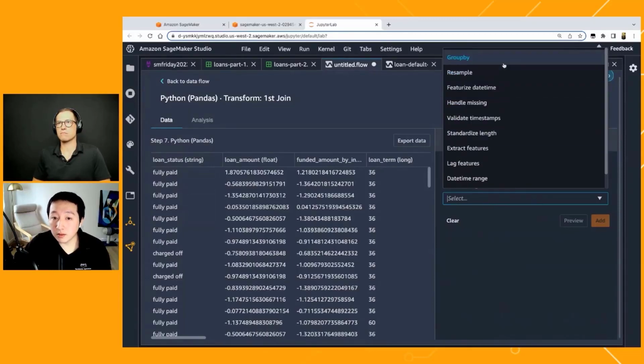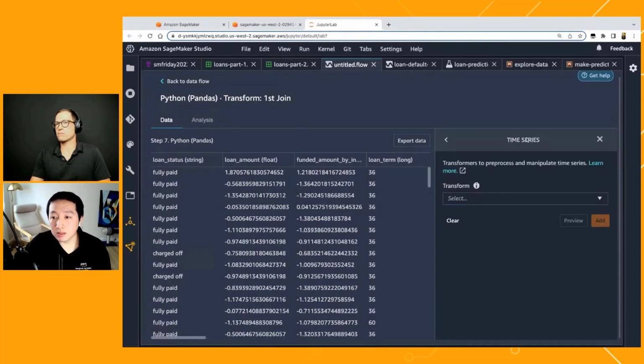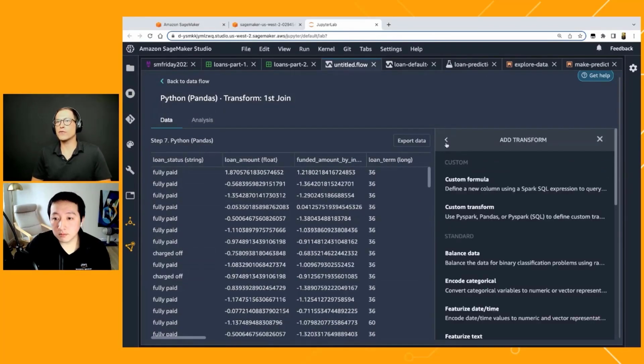We can group the time series by certain months or certain time periods. We can resample and perform different transformations with the time series data using these time series transformations from Data Wrangler. That's awesome. That is a lot of transformations and analysis, very quick.